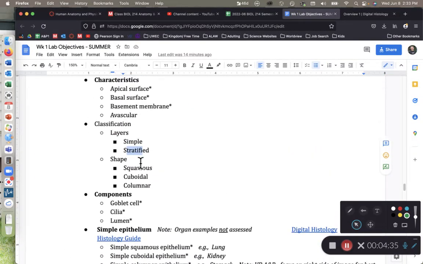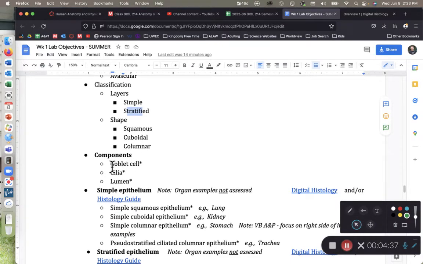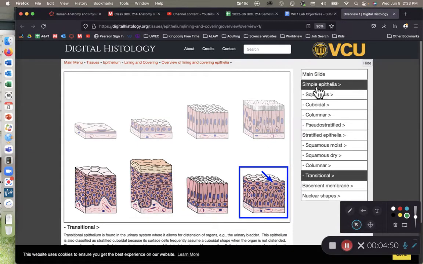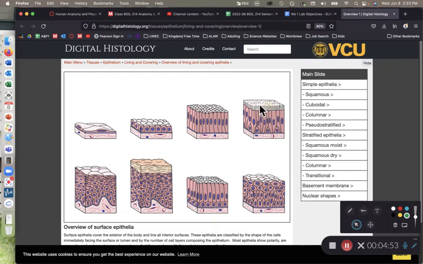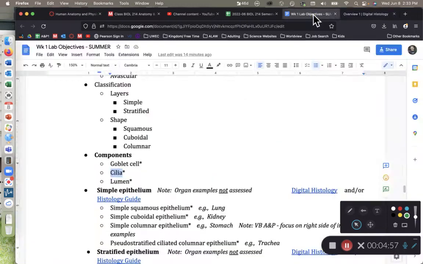As we look at the components of our tissues, we have goblet cells, cilia, and lumen. A lumen is a hollow space within a tubular organ. A cilium is a small hair-like extension that comes off of a cell. We can see cilia represented right here as these little hairy extensions within this figure, but that's not very helpful. Let's pull up